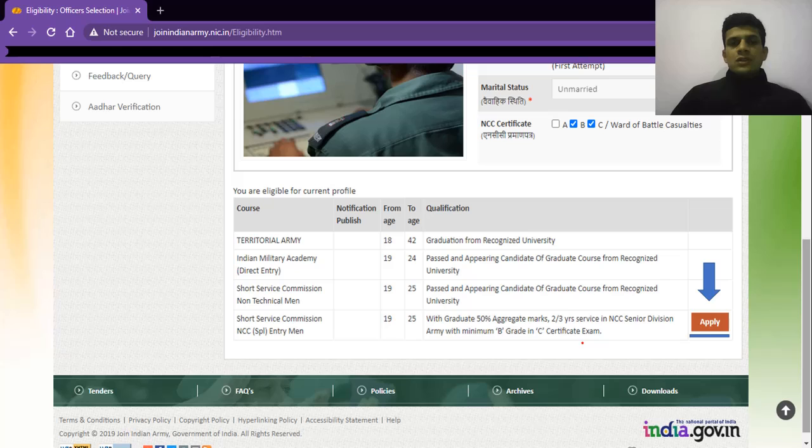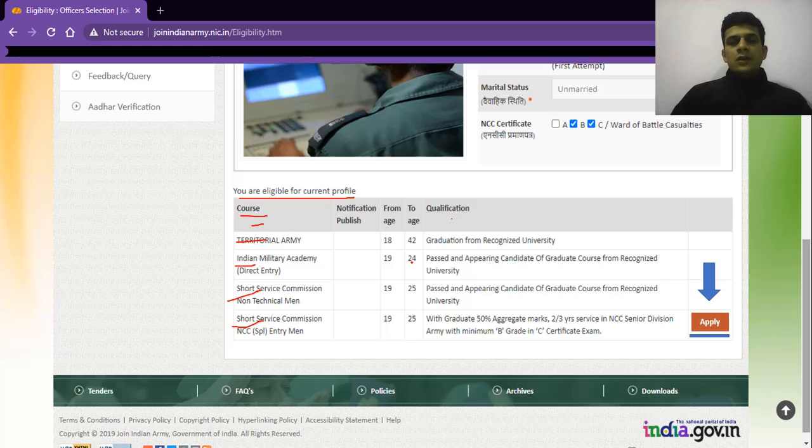Moving next on the same page, you will see now the courses. It is written over here, you are eligible for current profile. So it is course, notification, published date, from age to age and qualification. Right now I am eligible for short service commission and short service commission non-technical men, NCC special entry, IMA direct entry and territorial army.